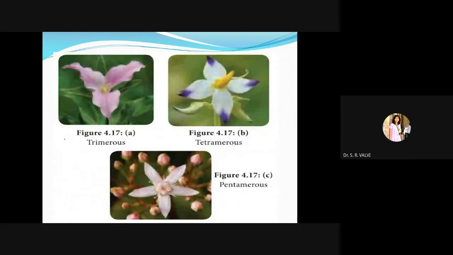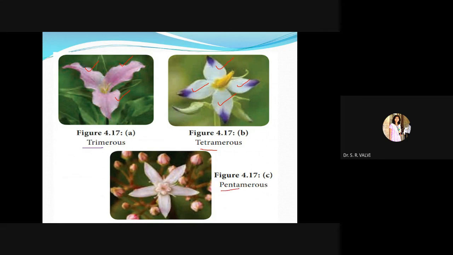Now, here in the image you can see the first is trimerous, as its name indicates itself. The tri means 3. So here you can observe petals, there are 3. Here there is no close image to see the calyx structure and stamens, but please do remember when trimerous condition is there, always calyx, corolla and androecium stamens, all are 3 in number. In case of tetra, you can see here all 4 petals you are going to observe. So obviously 4 petals are there. Obviously calyx and stamens would be in 4.